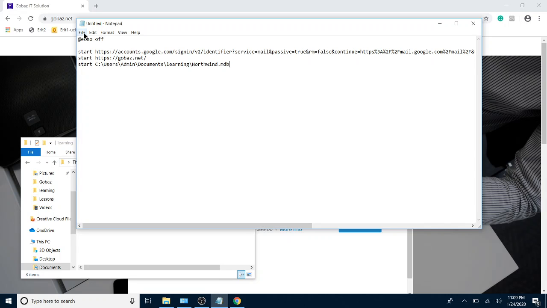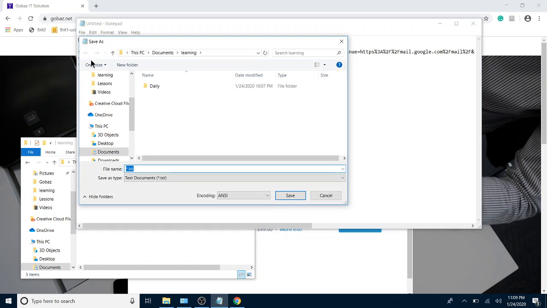Now we're going to save it. File, save as. You can say desktop, but I'm not going to put desktop because I want to give it an icon on the next video. So you can save this on the desktop here, or I will save it on this link here, PC document learning, and I'm going to give it a name, call it work,